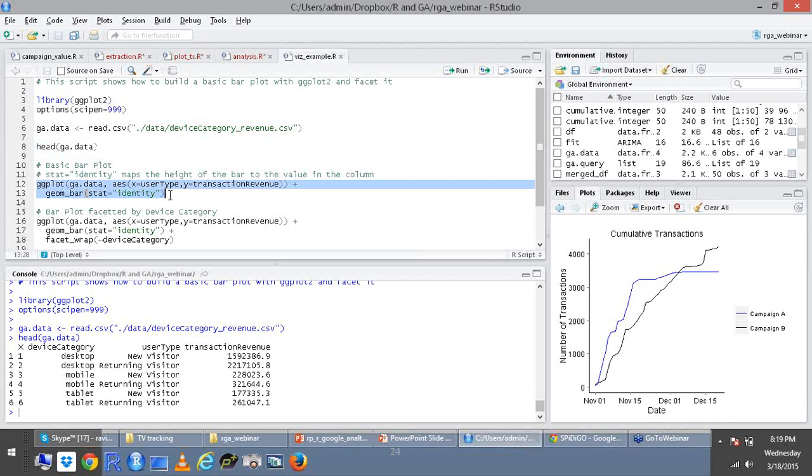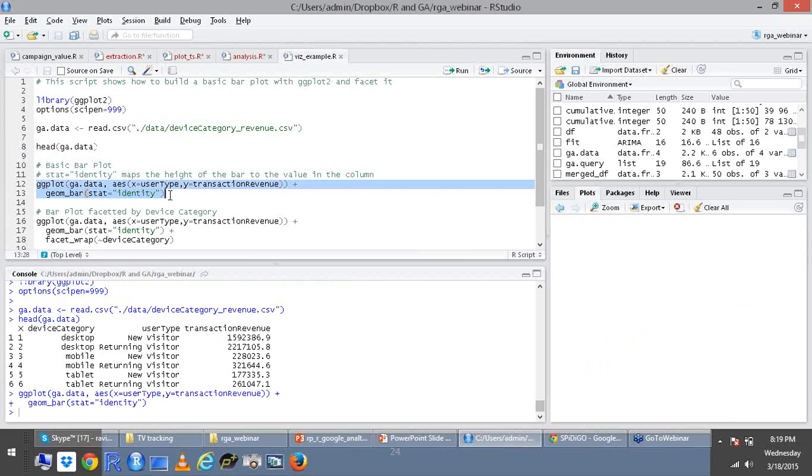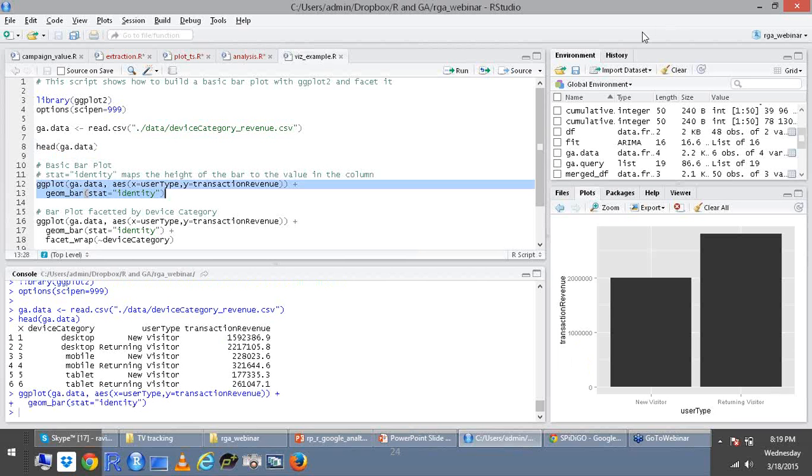And you can create this basic chart using ggplot2, and you can see that I have used ga.data as the data argument in the ggplot object, where I have provided aesthetics with user type on the x-axis. So on the horizontal axis I get new and returning visitor, and on the y-axis I get transaction revenue, which is the vertical axis.